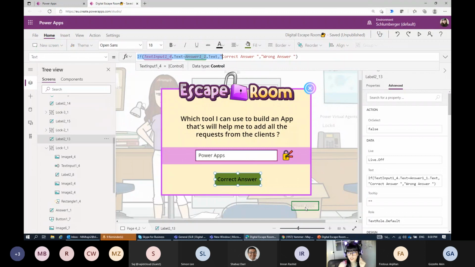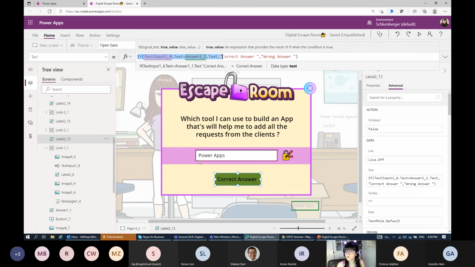If it's equal to the label that I have here, make it correct. If it's not equal, make it wrong answer. It's really straightforward and it's the easiest way to do if it's wrong or correct. If you have a SharePoint or another data source that you want to check, you just need to change it from label to the column that you have in your SharePoint.